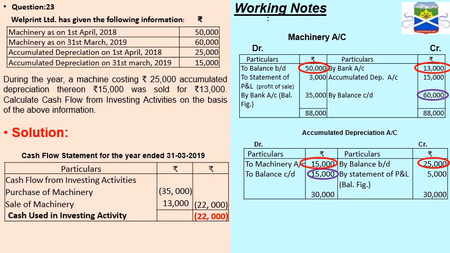Now, before moving to that, we'll calculate one part which we have to remember. As per the question, the cost of the machine is 25,000. This point you have to remember, this 25,000 is cost, and you are selling it at 13,000, whose accumulated depreciation is 15,000. So this together is 28,000. That means 3,000 is a profit. You have to put it on the debit side in the statement of profit and loss, profit on sale. You have to find it. I think you have understood how to calculate it.